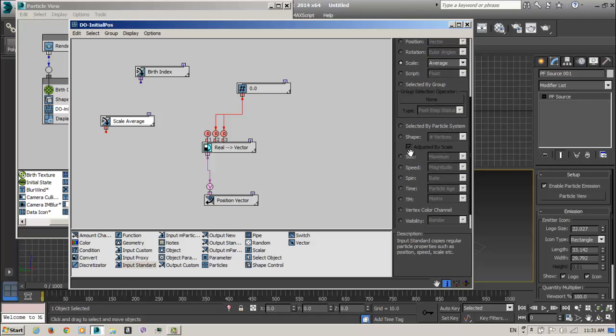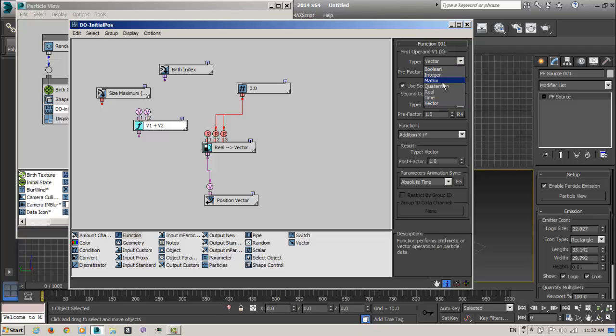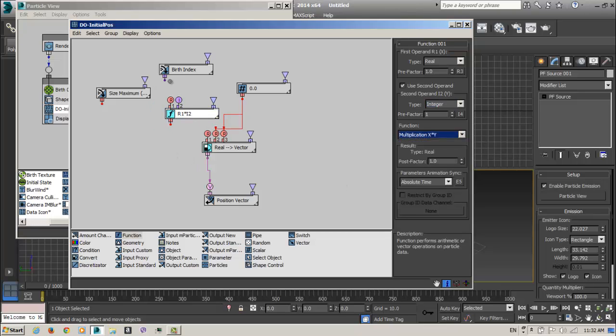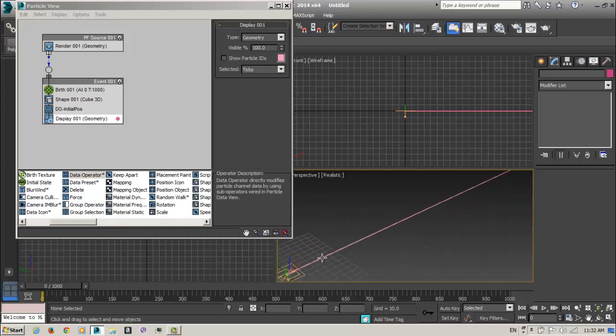Okay, size, and we will say a function, real with integer, and we will multiply this. So this comes to here, this comes to here, this comes to X, and we will go here, and instead of tick we will say geometry. So what we have right now here, we lined up all the particles in the X direction.